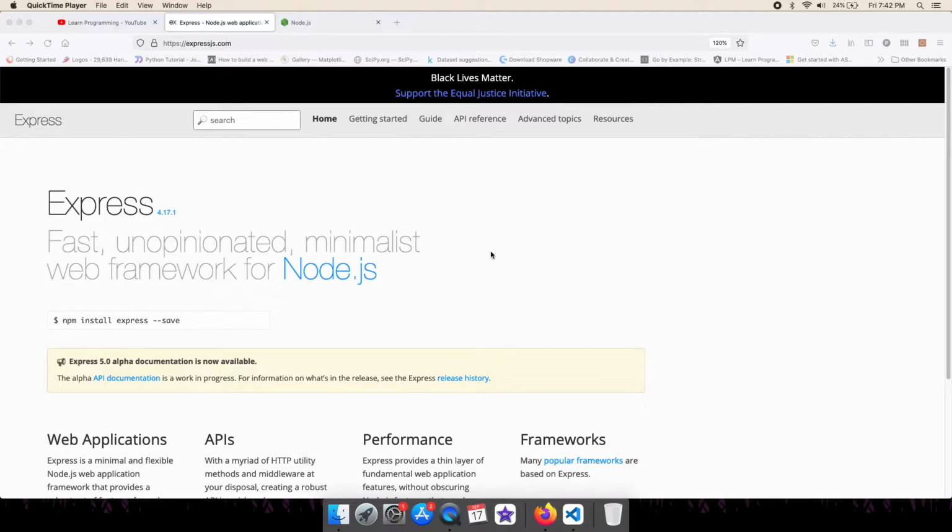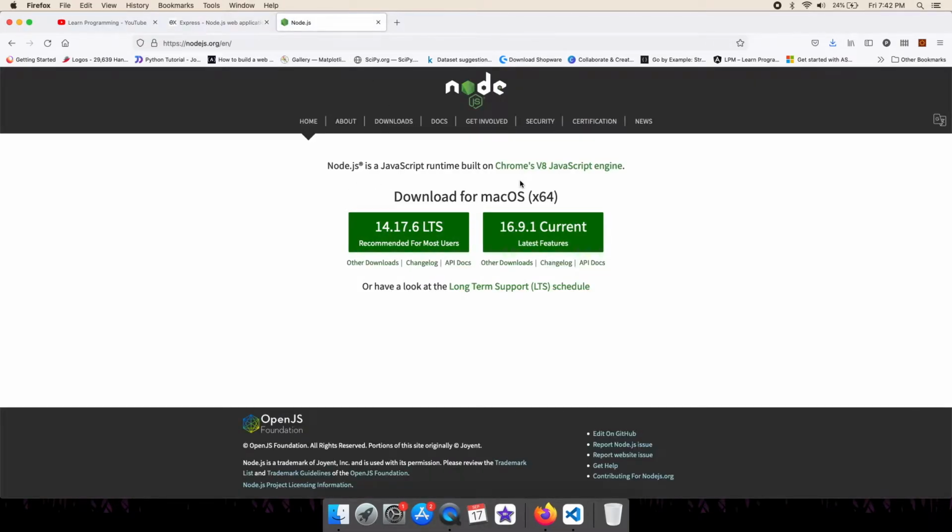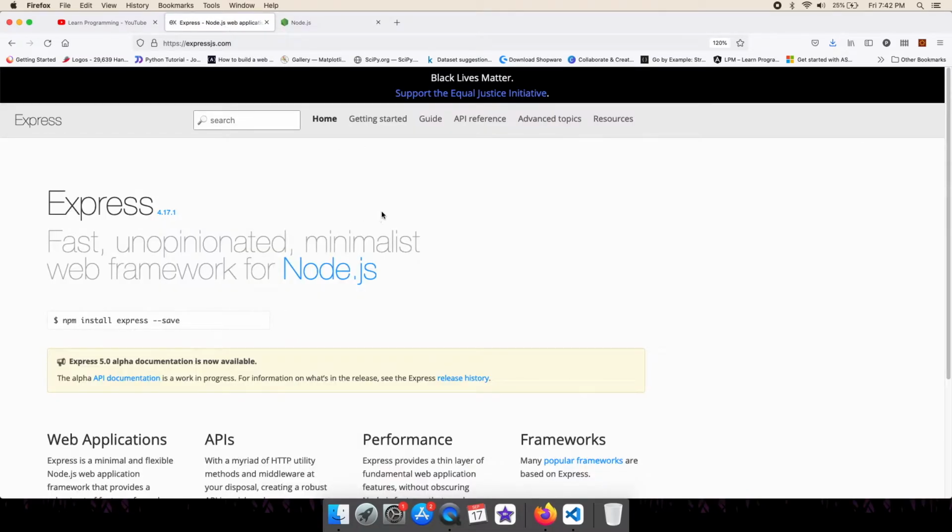In order to install Express.js, you can do that in two ways, and in this video we will be looking at the first way. Express is created as an npm dependency. In order to install Express, first you have to download and install Node.js for your operating system. I hope once this installation has been successfully completed, you can start following this tutorial on the Express.js website.